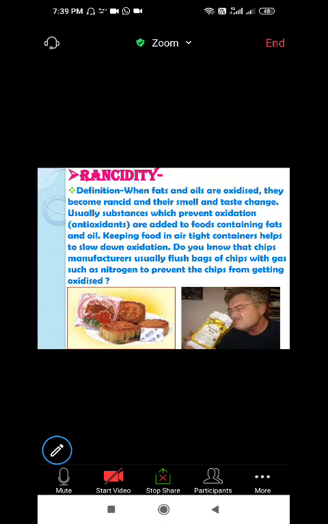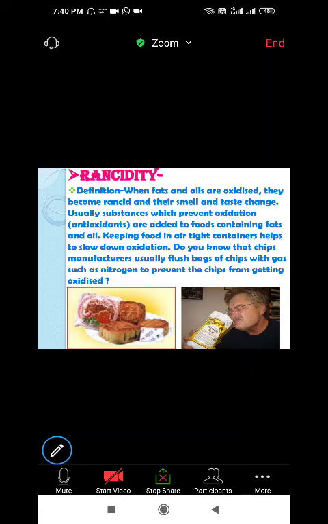So what exactly are we doing by keeping the food in an airtight container? We are not allowing atmospheric oxygen to come in touch with our food items, right? If the oxygen comes in touch with the food items, it allows the food to get spoiled, right? It starts spoiling it. And that's why, to keep things for a long period of time, preserved, we keep them in the refrigerator or in an airtight container.